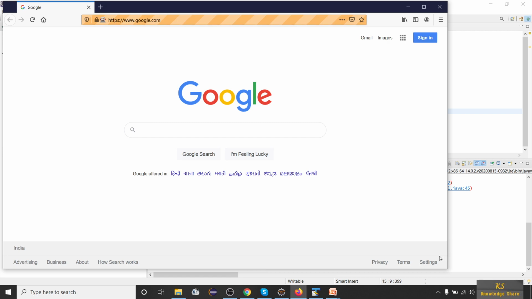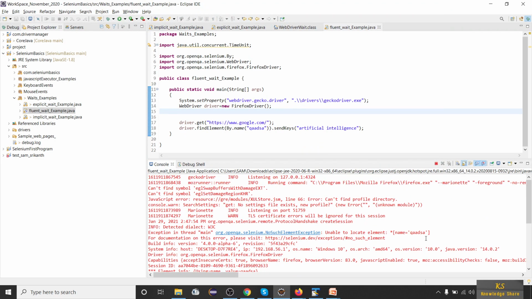If you observe the console, immediately after opening the page, it's giving an error. That means it's not even waiting for a second. Once the page is launched, it tries to find the search box with this element, and since this element is not on the web page, it threw an error immediately.